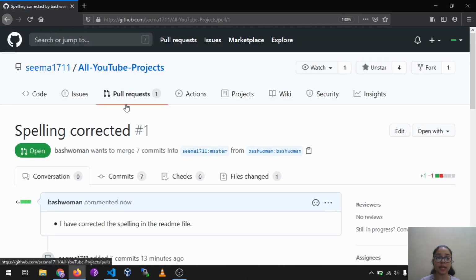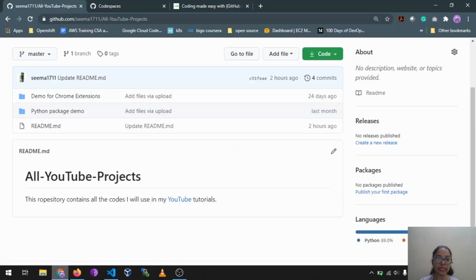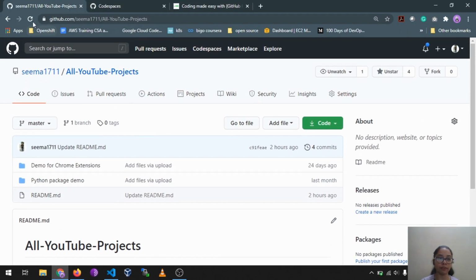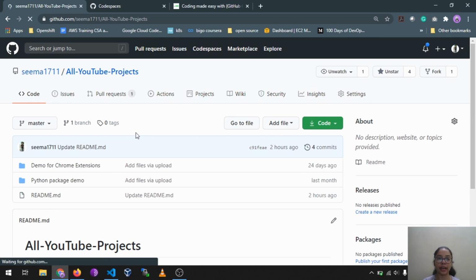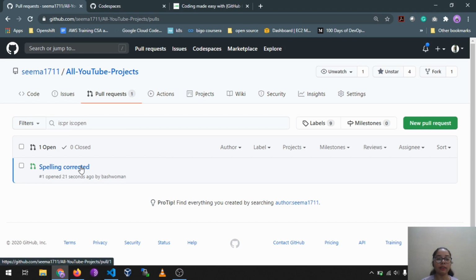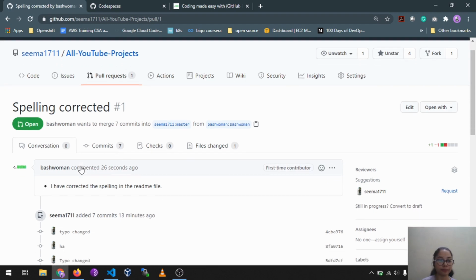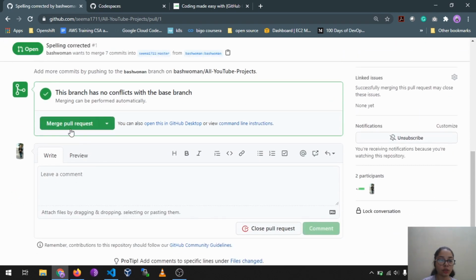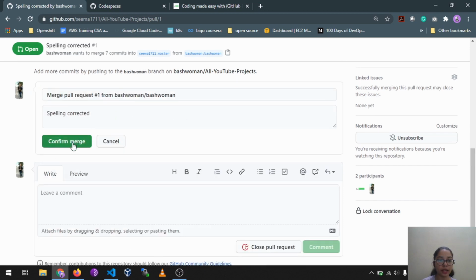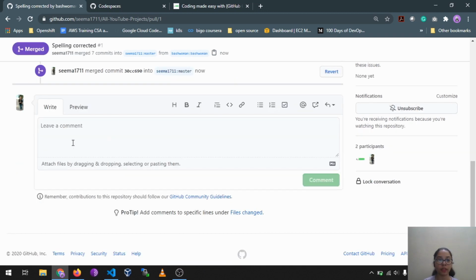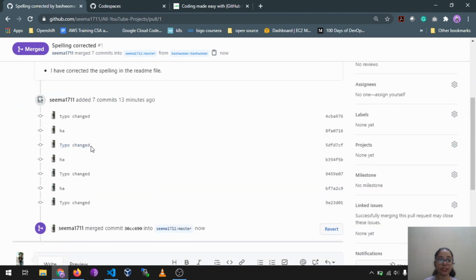So yes, it's now showing that this project has one pull request. If I refresh this page, I can see there is one pull request in this project, and if this is a correct change, I can merge it into my project, or I can decline it. I'll merge the pull request and confirm merge, and yes, it's merged.